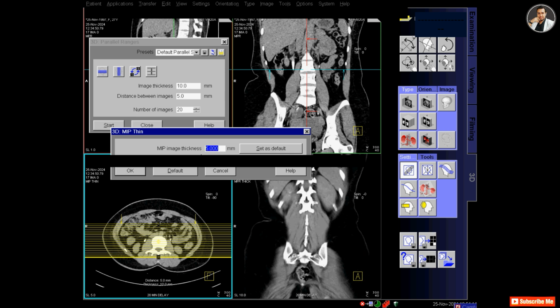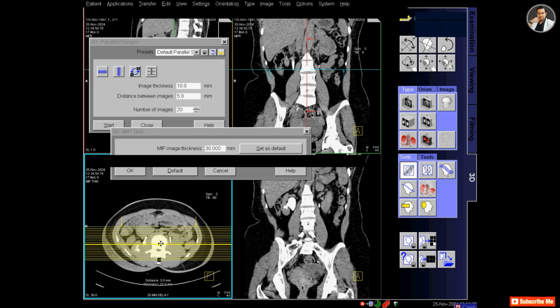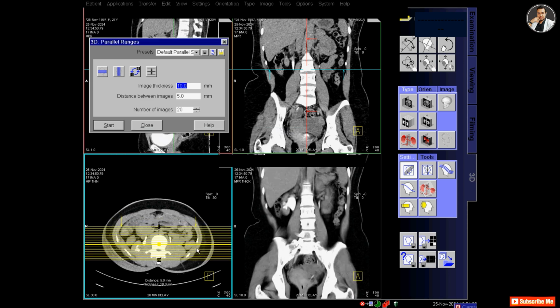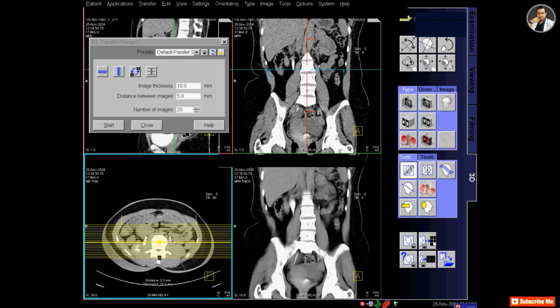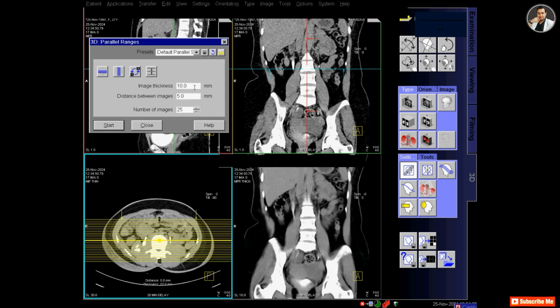I will increase the number of images, and again I am changing the slice thickness to 30 millimeter, showing the ureter in the coronal 2D image.